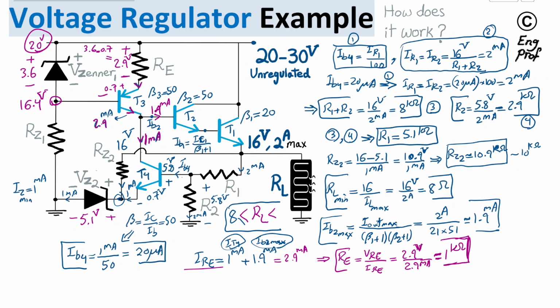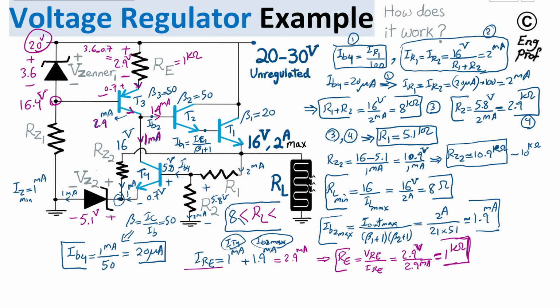Okay, so we found RE as well. We better set it to 1 kilo ohm, and we are all set in order to just provide up to 2 amp max. Of course, the circuit won't be able to provide more than 2 amp via the cascade of these transistors. So now with that said, the only thing that is remaining is this RZ1, and that is not